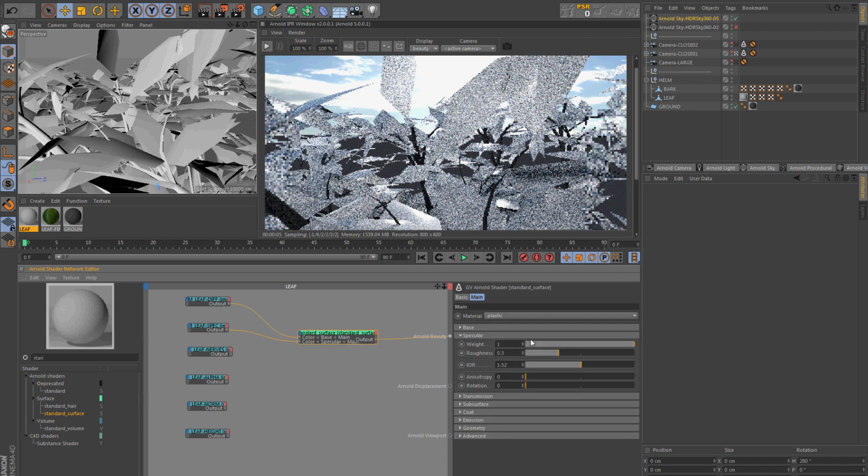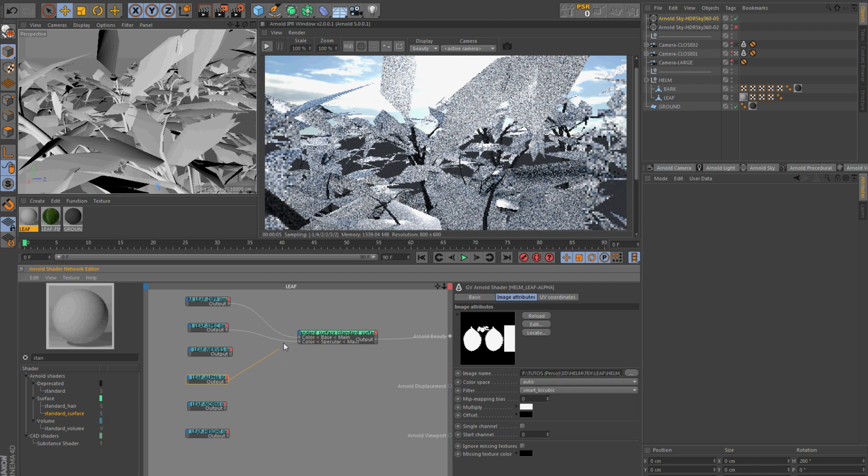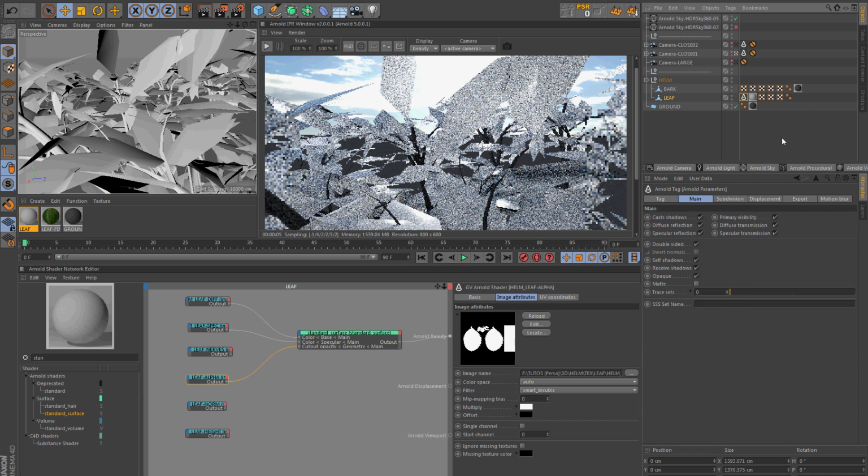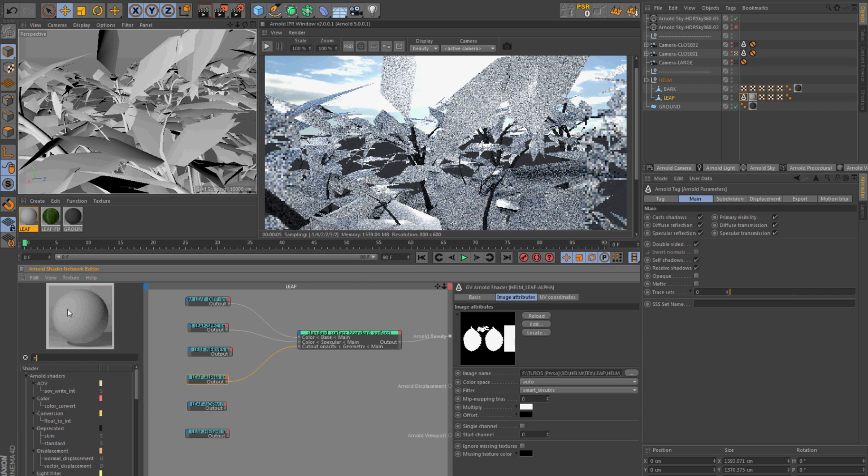Set the roughness to 0.3 maybe, and the IOR to 1.3. Connect the cutout map to geometry, cutout geometry. Don't forget to use an Arnold tag on your leaf and uncheck the opaque box to help Arnold see the alpha.